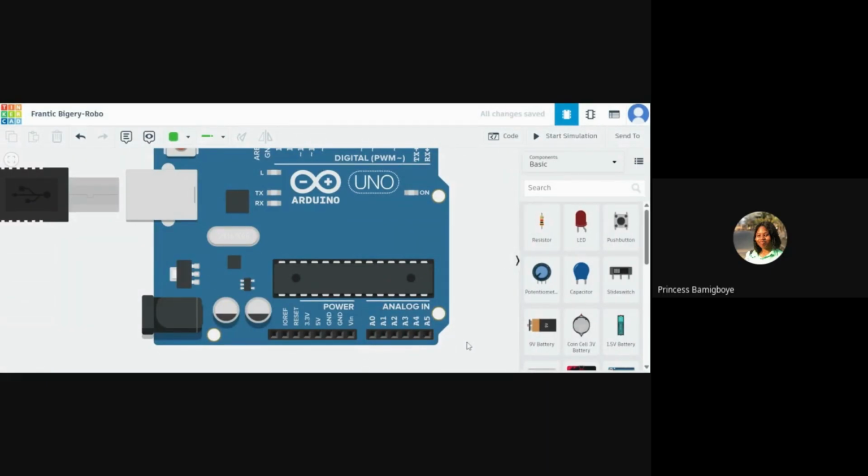So what is now the working principle of these analog devices? Analog devices have a range of values, right? And this range of values is from 0 to 1023, because as we said, it's going to give us varying data, varying signals. So that varying signal is going to be from 0 to 1023. But why 1023? Why 1023?